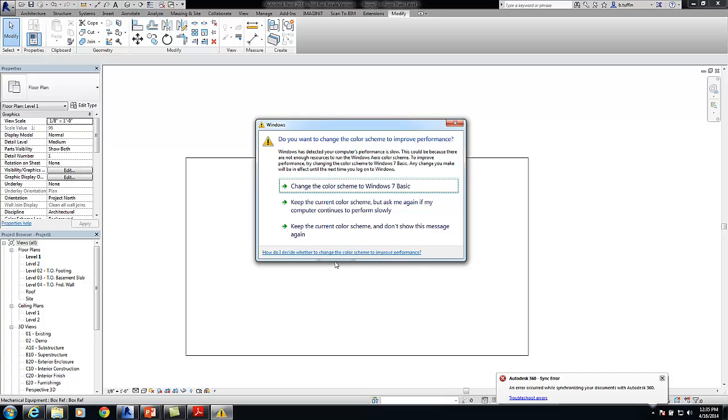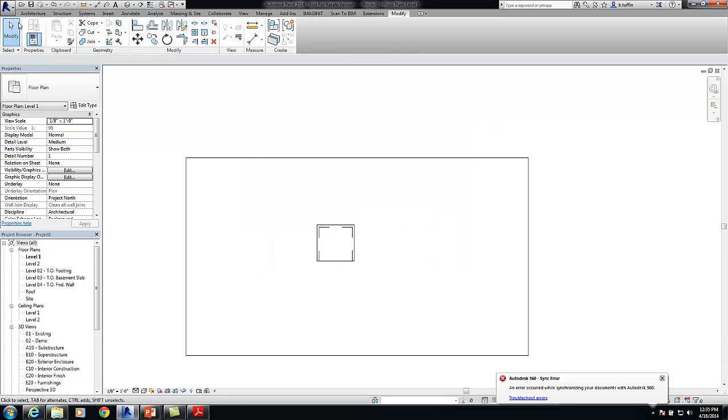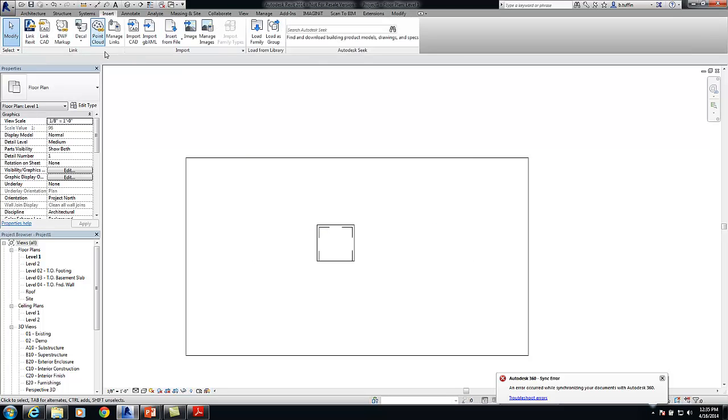Definitely. So the question was, we've got a lot of CAD data, a lot of CAD blocks, CAD symbols that we reuse for multiple different types of content. How do we bring those into families and how do we start to utilize them? Personally, I am not a fan of having CAD data inside of my Revit files. I'm not a fan of having CAD data in part of my families. I will personally take the time and go through